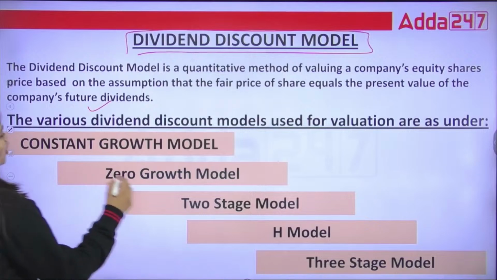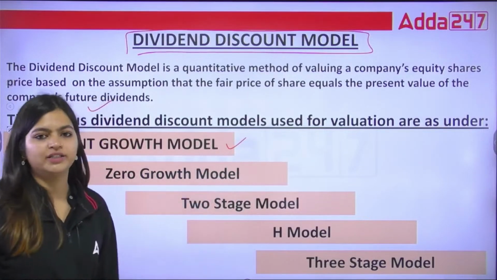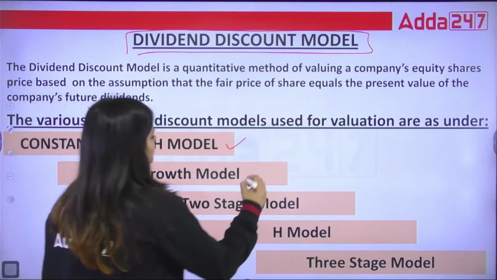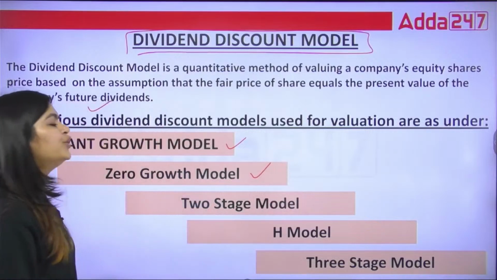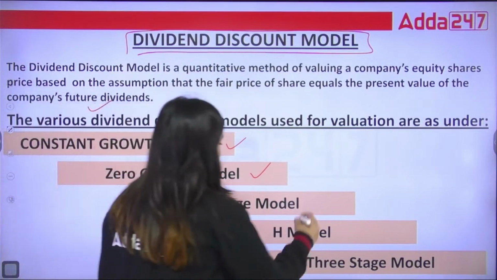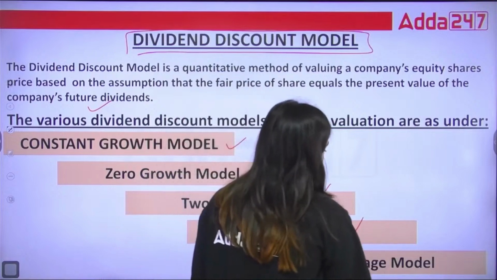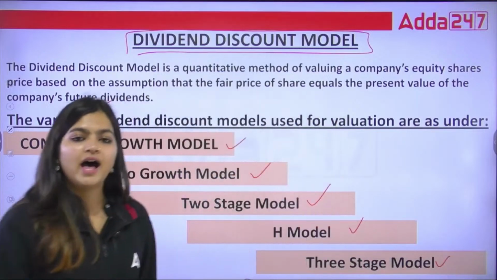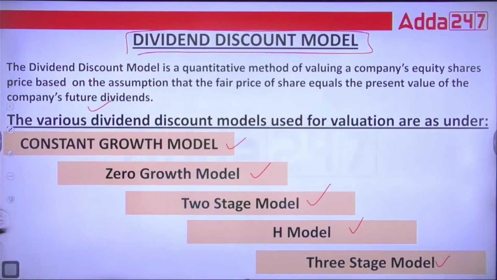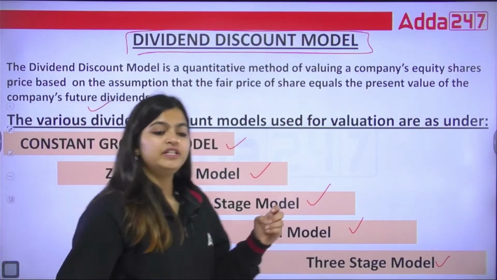Number one is your constant growth model. Next we use for the calculation is zero growth model. Next is your 2-stage model, H model, and 3-stage model. And all these different types of dividend discount models are numerical based topics. In each of the topics we need to calculate